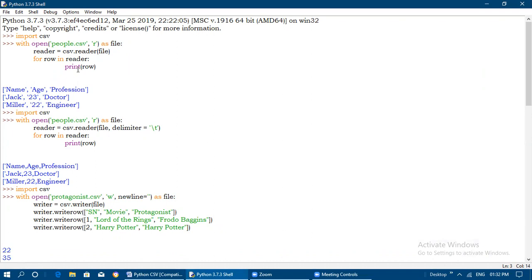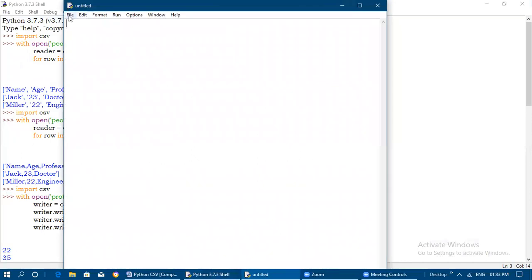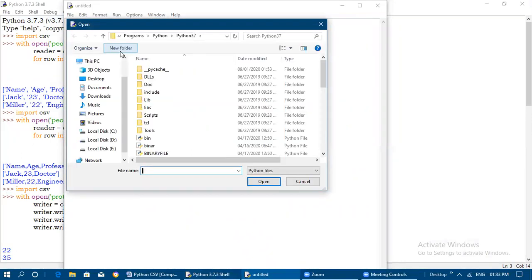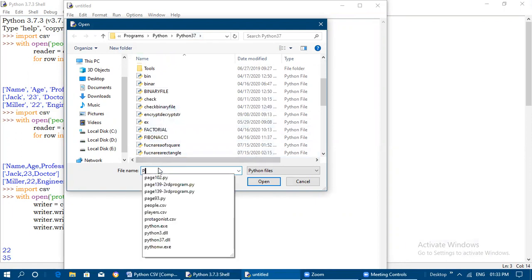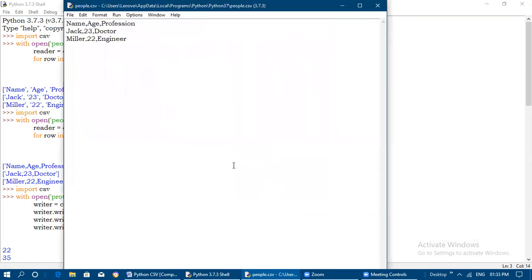For row in reader print of row. This CSV file I have saved inside the Python 37 folder, which is where the Python software is held. Inside that I have saved people.csv.